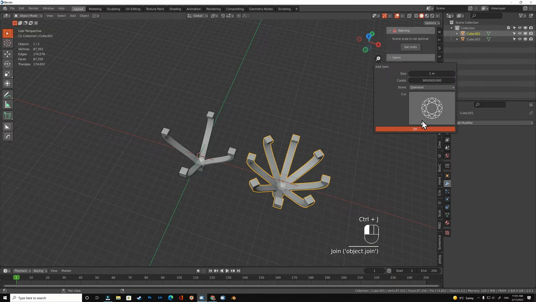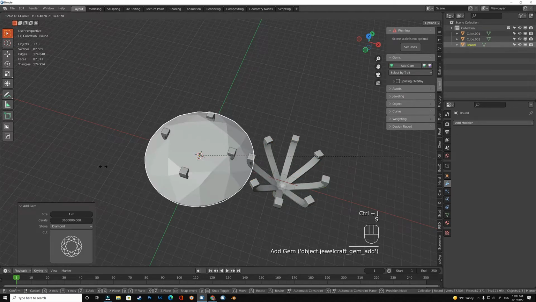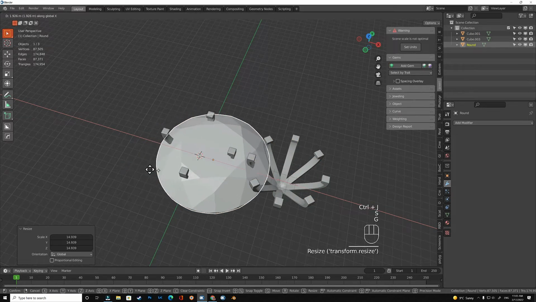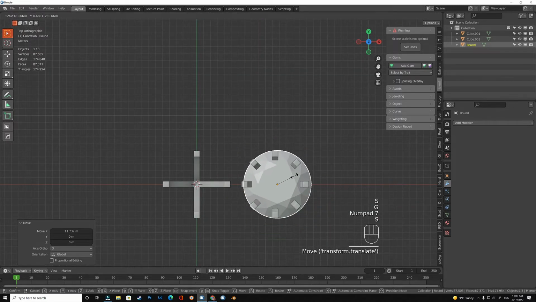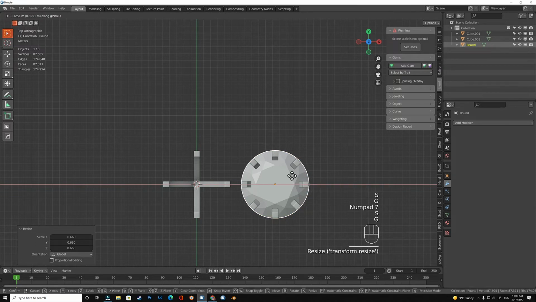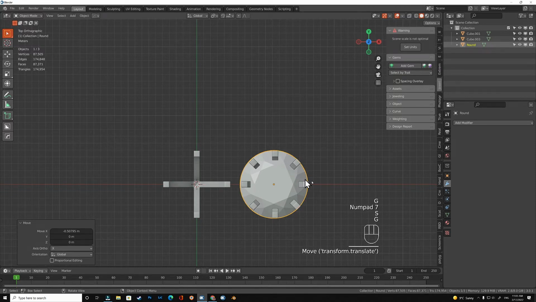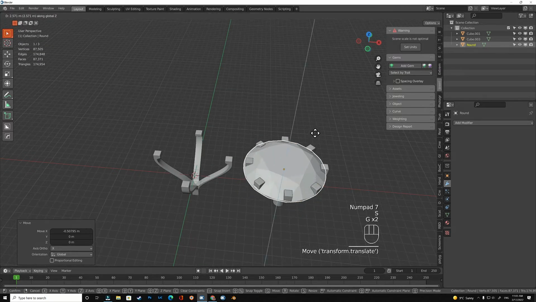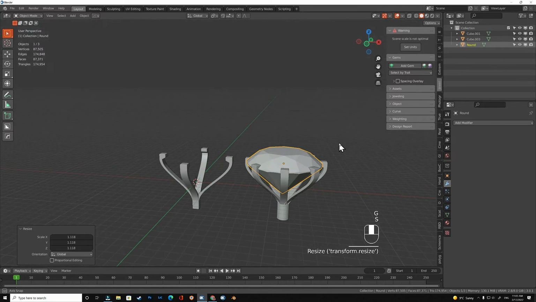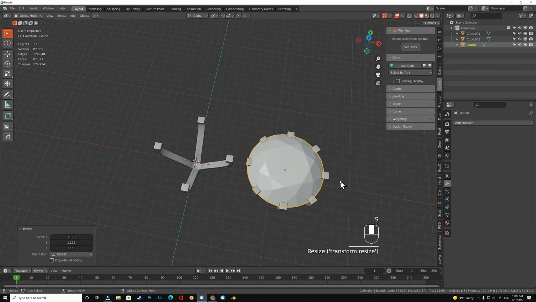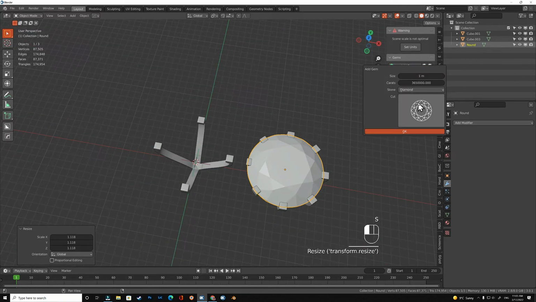If we add some gems, so those are huge gems, but it's just for demonstration. So basically this is it. Let's add